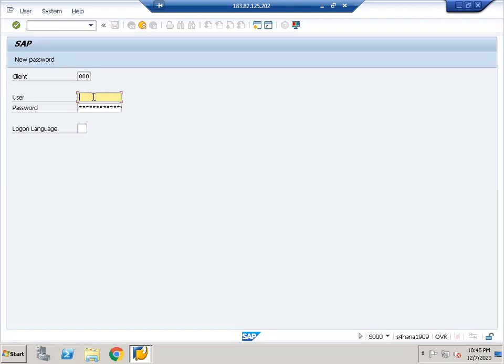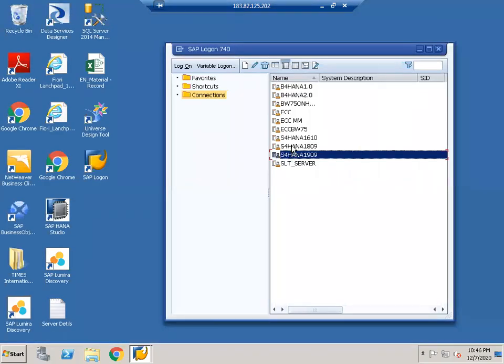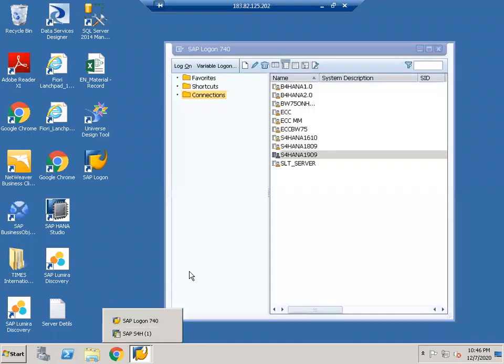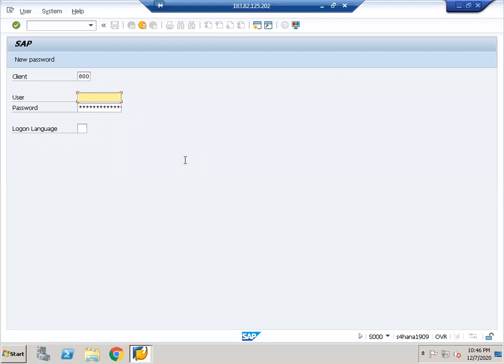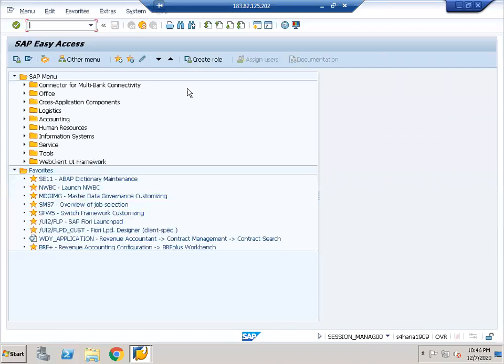You will be provided the username and password for the remote desktop as well as for SAP on different servers. The different servers will have different usernames and passwords, and that information will also be provided. Now we are in SAP S/4HANA 1909, right? So this is the username, then password. Yeah. So you see, this is the home page of the GUI, we can say, right?